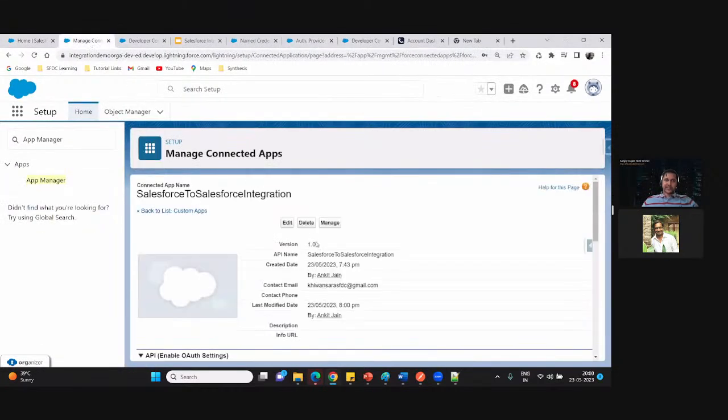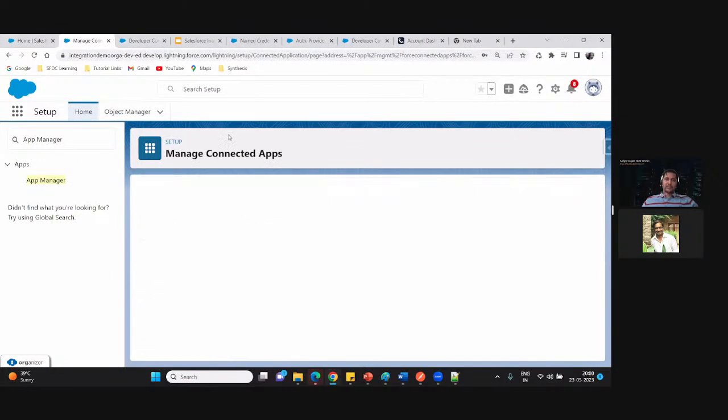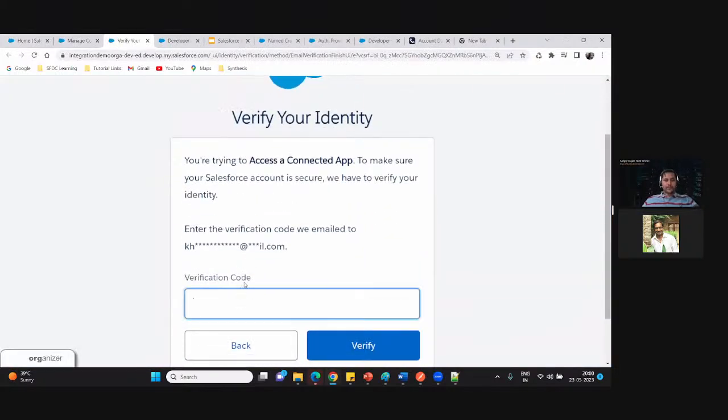Might be there is an issue in pasting. Manage consumer details. 24865. Click on verify.